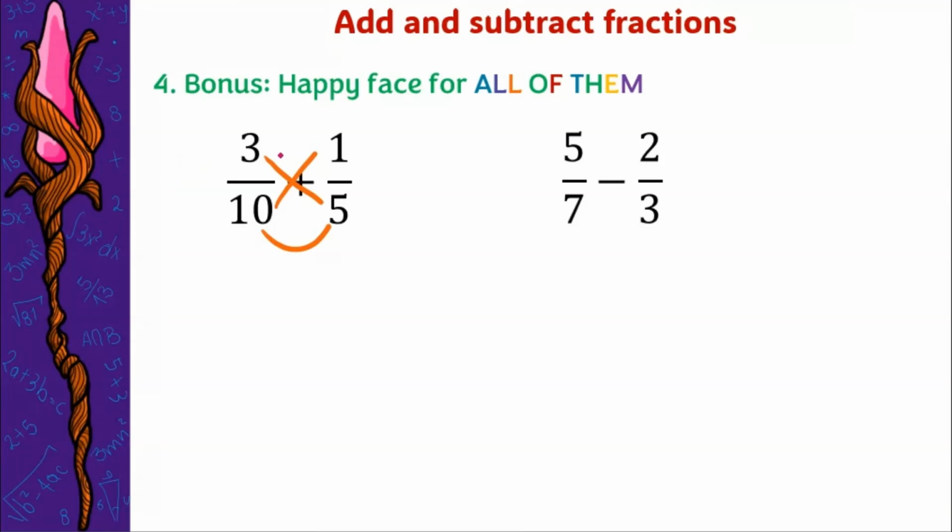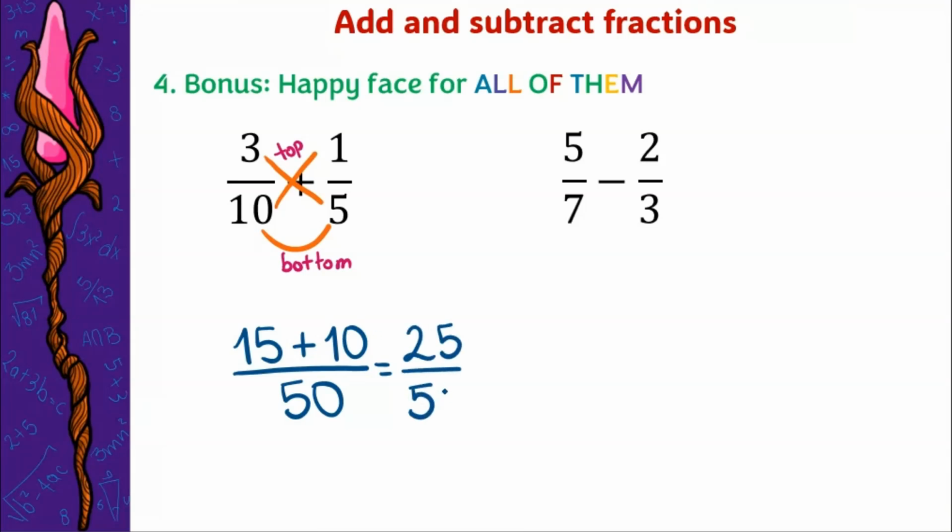So every line is a multiplication. The eyes are going to be at the top and the smile is going to be at the bottom. The eyes means that we are going to multiply 3 times 5, put it at the top, plus, because we were doing an addition, 10 times 1, which is 10, over, and the number at the bottom is the multiplication of 10 times 5, so 50. And then we do the addition. 15 plus 10 is 25